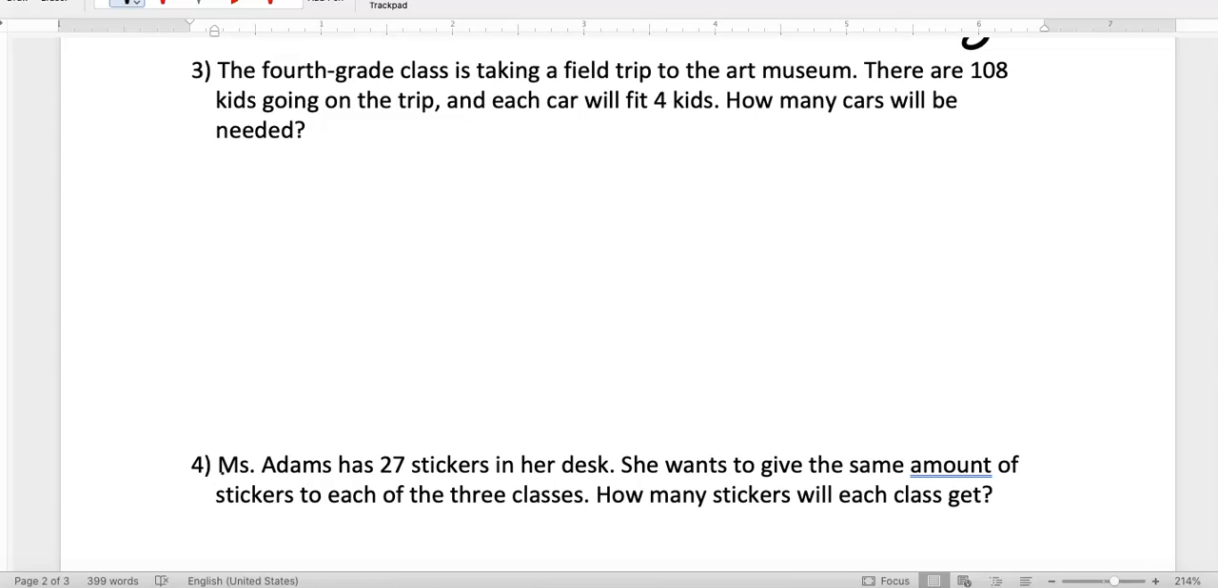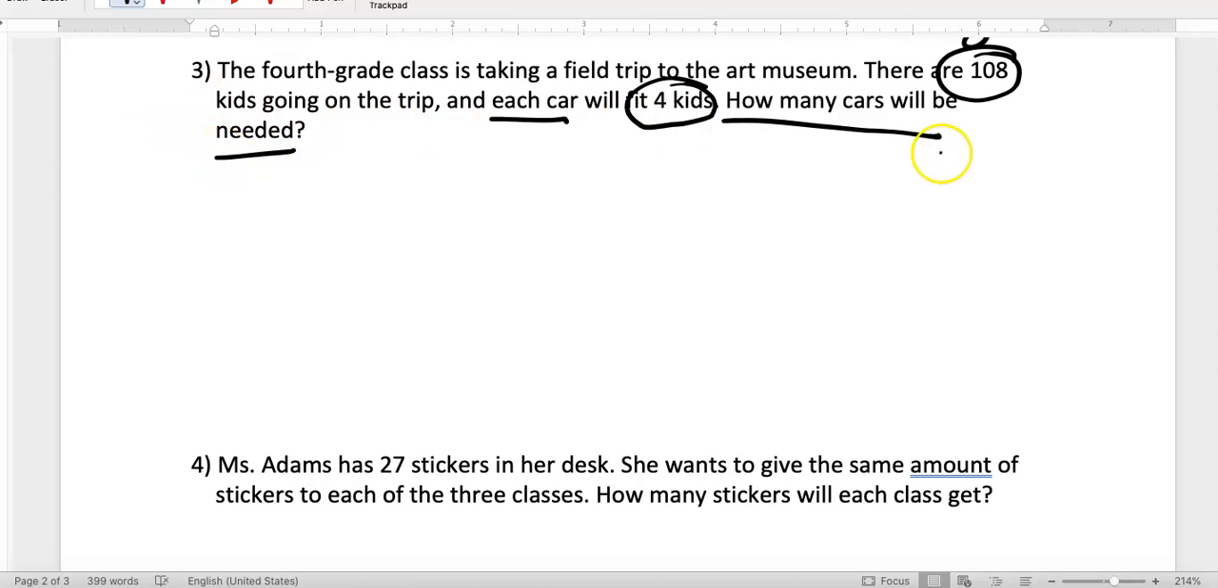The 4th grade class is taking a field trip to the art museum. There are 108 kids going on the trip, and each car will fit 4 kids only. How many cars will